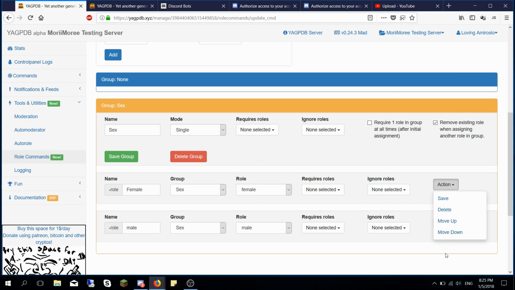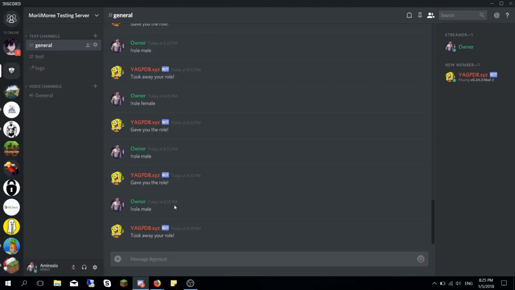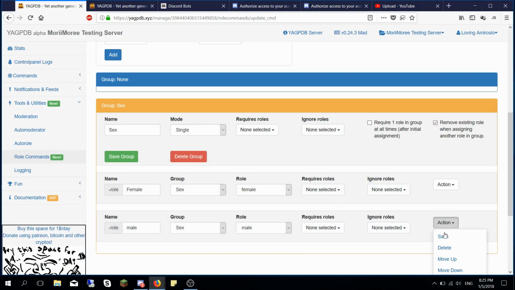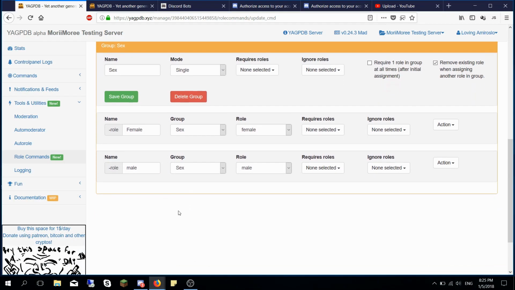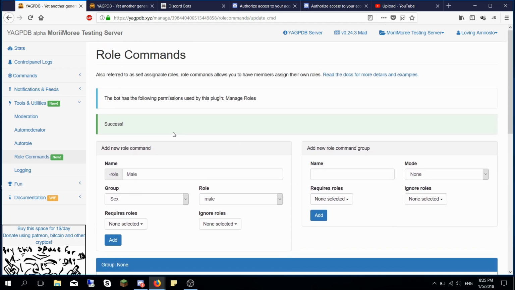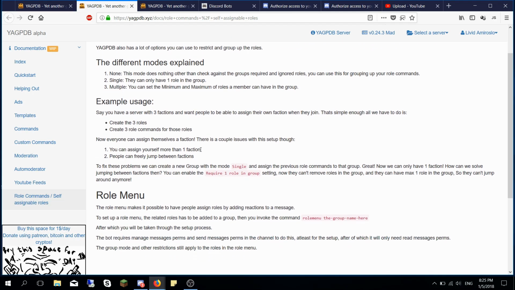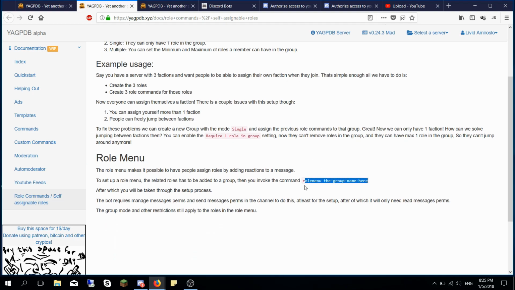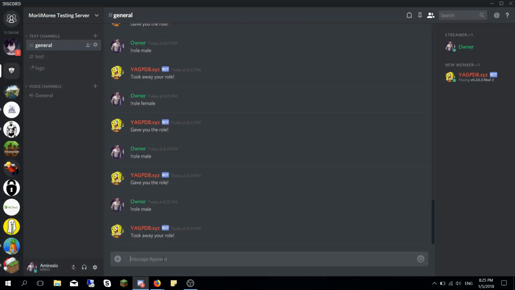And here is, if you can move it up or down, which means in order here. I will show you now. I'll just leave them like this. Now the command here is, I actually forgot what the command was. Give me a second. Sorry. Role menu. Okay. So